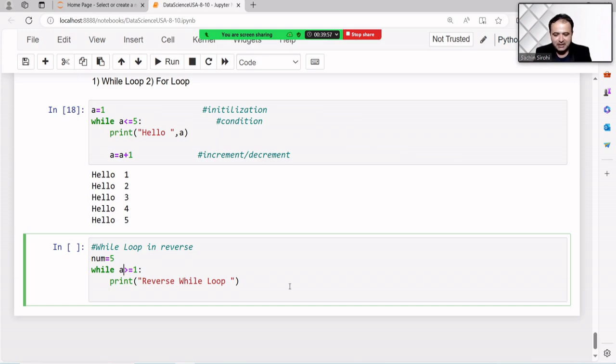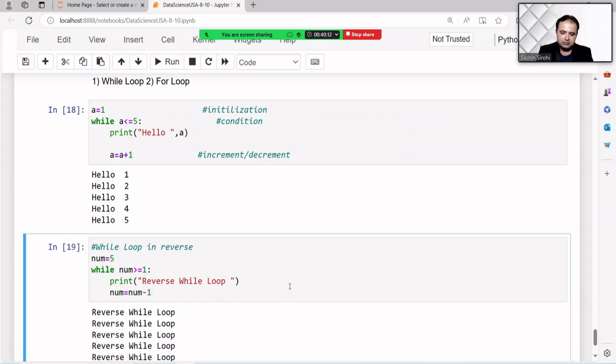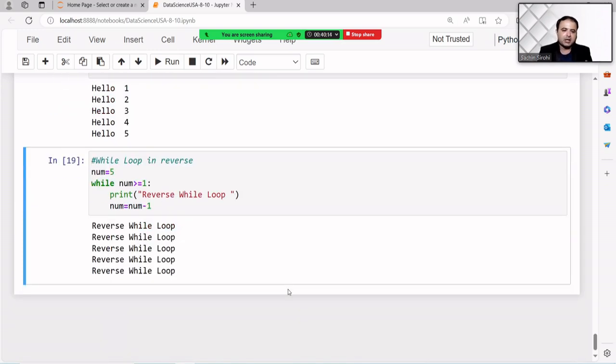So now pass here num, and num is a variable. You can take any n, m, whatever you like. Num minus 1. Now you can see the reverse while loop executes 5 times.